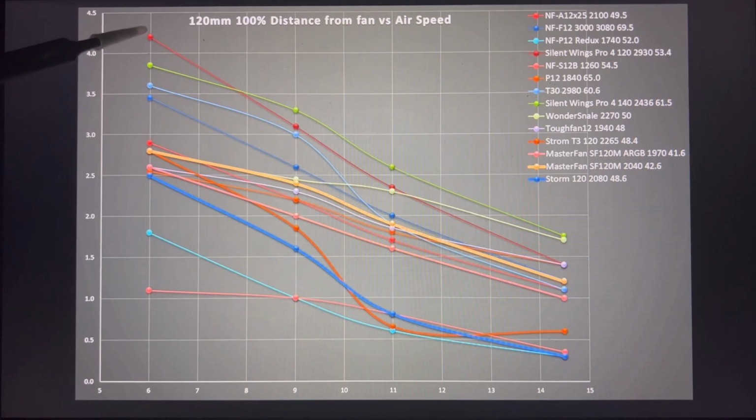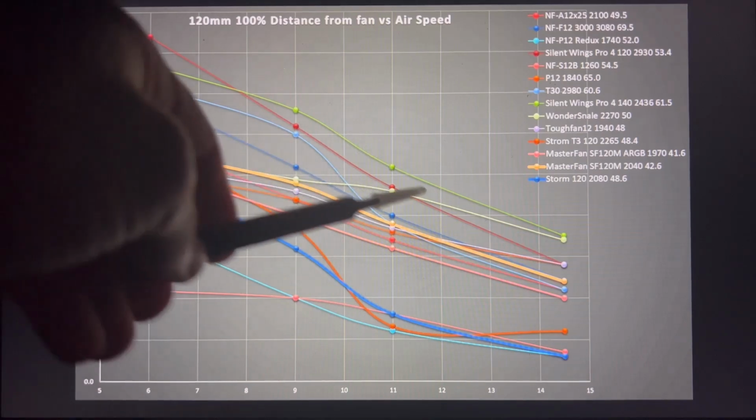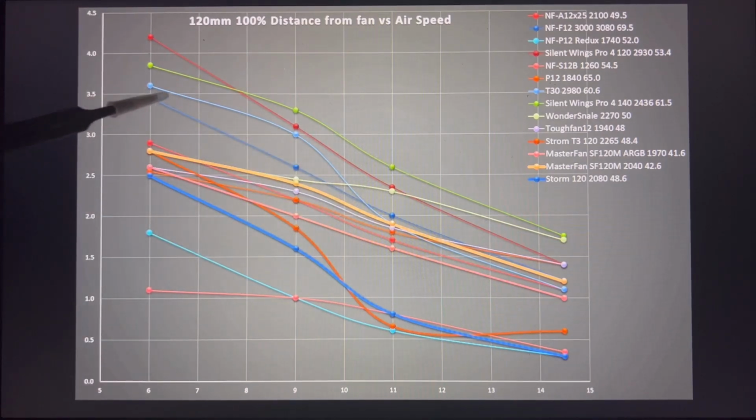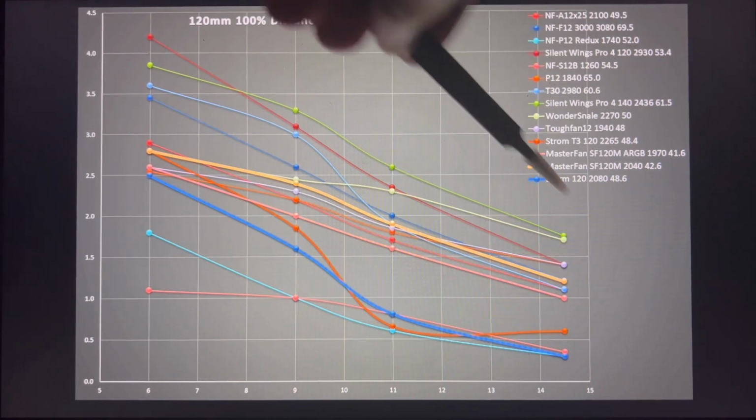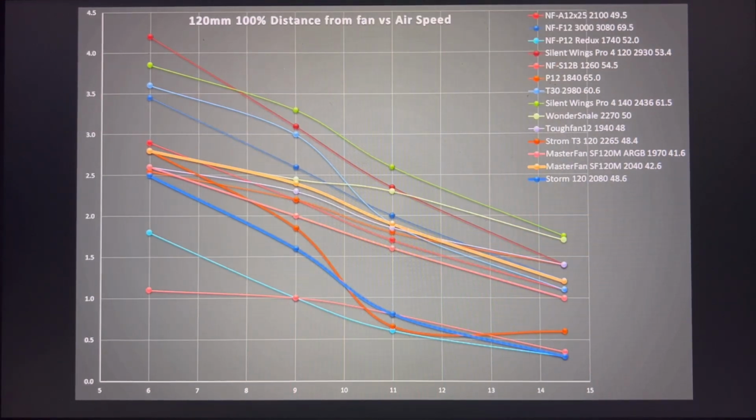So we have the Silent Wings 4 Pro 120, and it's just pushing a lot more air. You have the 140 millimeter version of that same fan. Then we have the T30 before it drops off. And then this blue one is the F12, and that's again brute force. So over here in the corner, we have the fan name, the RPM it was spinning at, and the noise